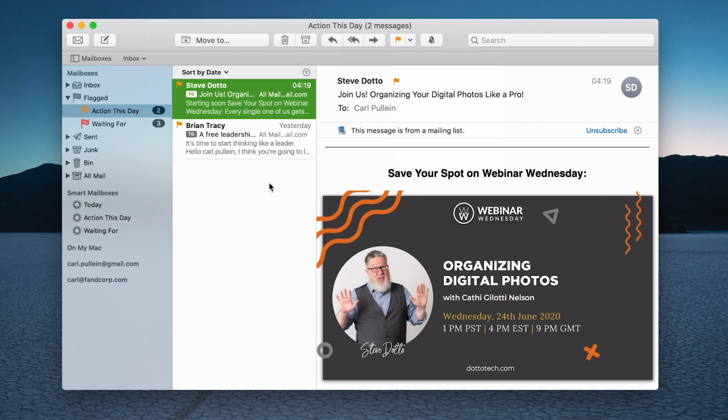Now, the only thing that I've noticed is this doesn't transfer over to your mobile phone. You can't change it on your mobile phone, which is why I don't want to create too many flags because it would get very confusing. All I need to know is if I hit the orange flag, this will come through into my Action This Day. And if I hit the red flag, it's going to be Waiting For. So this is a really quick way of adding tasks. And if you get used to the quick keyboard shortcut, which as I said is Shift Command L, that's going